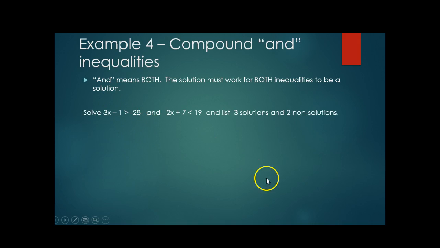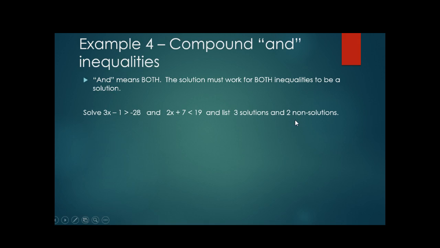So if we solve 3x minus 1 is greater than negative 28, and 2x plus 7 is less than 19, what we need to do is figure out what works for this one and this one. We're going to list 3 solutions and 2 non-solutions. I could guess and go 3 times 0 and 2 times 0. 0 minus 1 is negative 1. That's greater than negative 28. And 2 times 0 is 0, plus 7 is less than 19. 0 is a solution. Okay, we've got to find a couple more, but to find all the solutions and non-solutions,